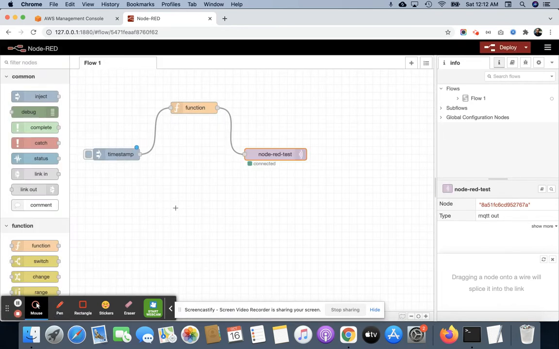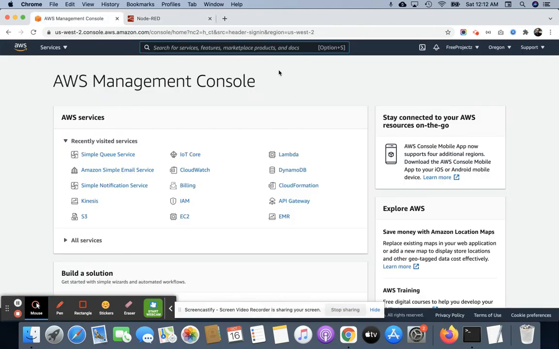So now what I'm going to do is send payloads from this Node-RED, from the timestamp, and all these payloads will be stored in S3 using the Kinesis Firehose. So let's start. This is the AWS console. Now I'm opening IoT Core, and then in the IoT Core console,